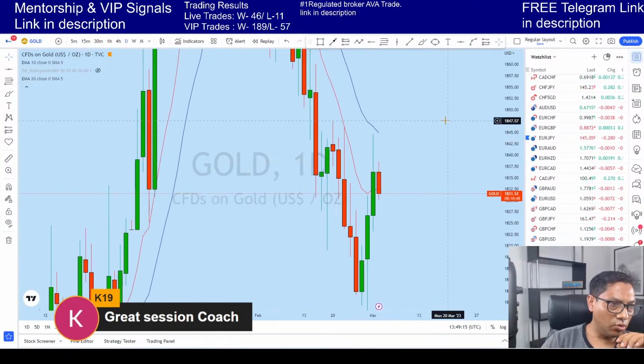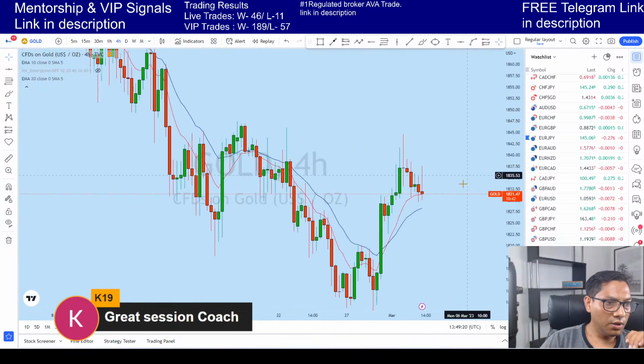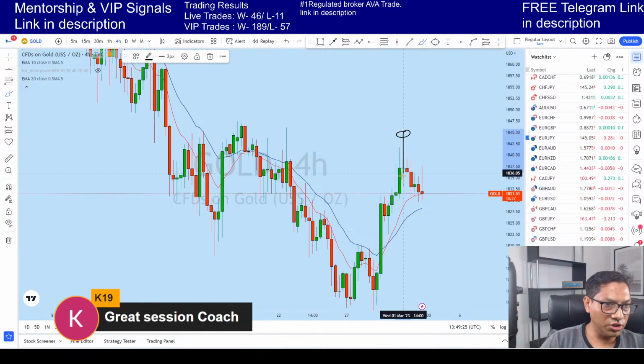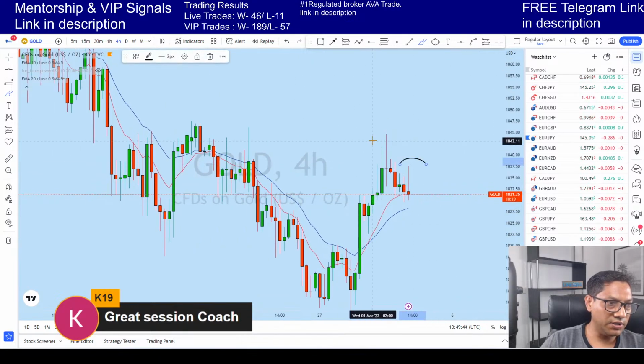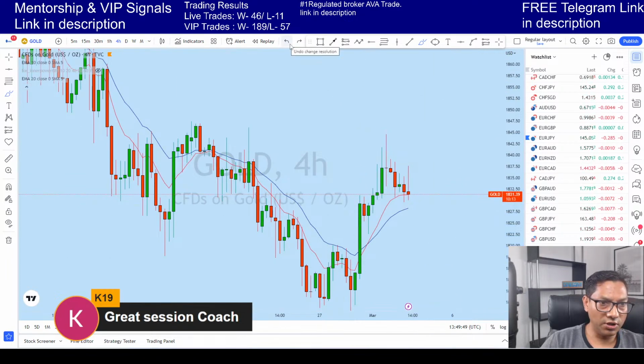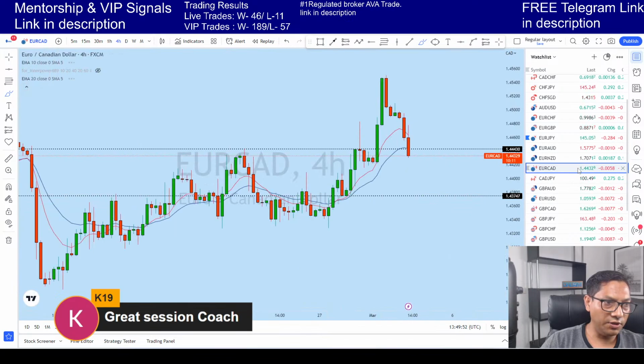What I see on gold, the way the lower time frame price action is showing, you can see there was a doji here, a strong rejection, and then multiple times the price. Now this current one, after going up, this market is now trying to drop. It might be breaking down. If that's the case, we might see a head and shoulders here and then a drop in this direction, which is a very high probability.